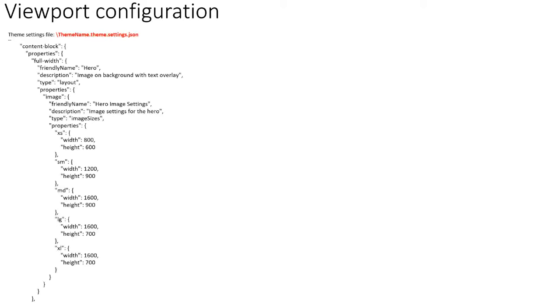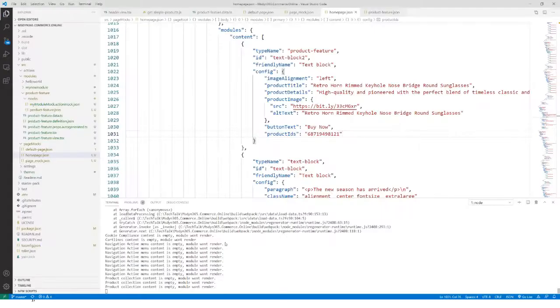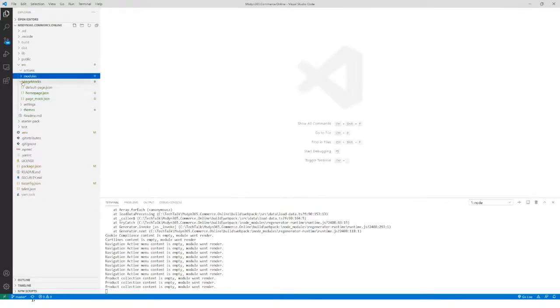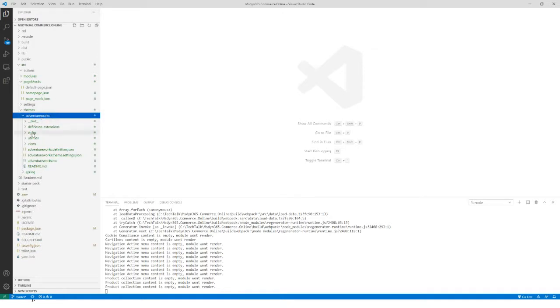So the first one is viewport configuration. So every theme should have a theme settings.json file. I have a little snippet here from the Fabricam theme, but I'm going to go over to code and show you that in a little more detail. So I will open up that file. So underneath, let me close everything up here. And underneath my theme, I'm going to open up the AdventureWorks theme that we cloned. And one file I didn't talk about yet was this